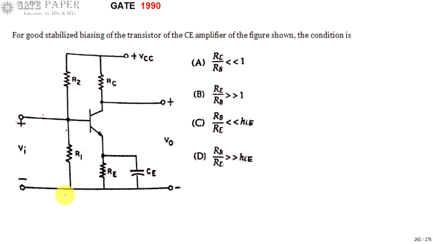Stabilization is generally indicated with the letter S, and the ideal value of S is going to be 0. Stability is indicated with the stability factor, and its ideal value is going to be 0. The stability factor is the value by which the output current changes whenever the input side parameters change unwantedly. So the ideal value of S has to be 0. Practically it must be very small.